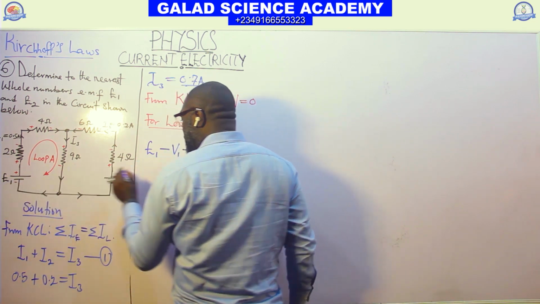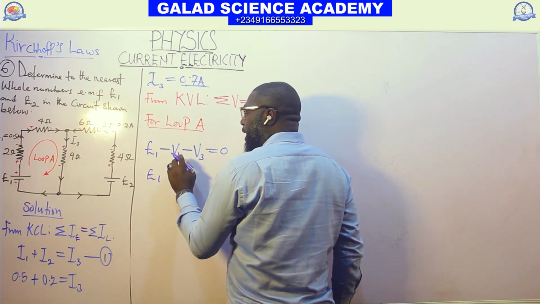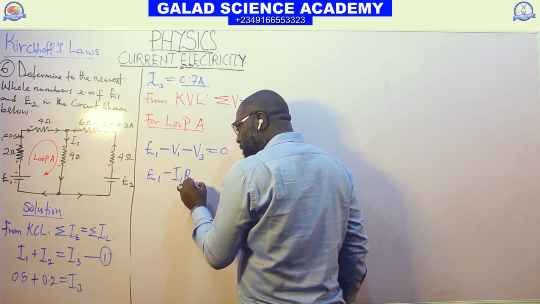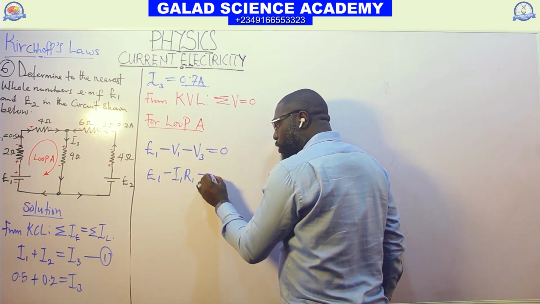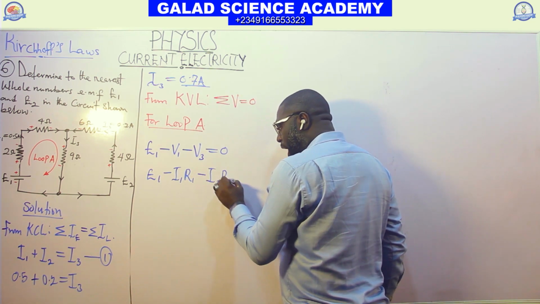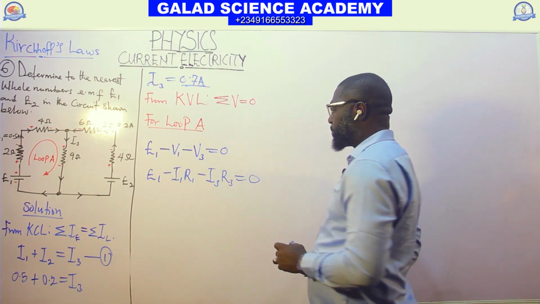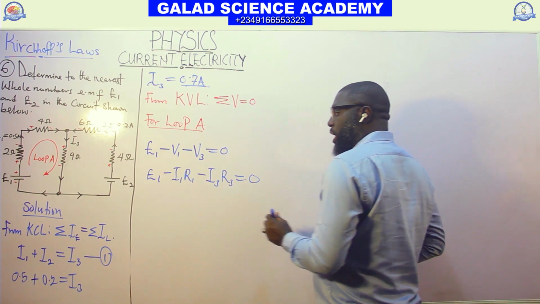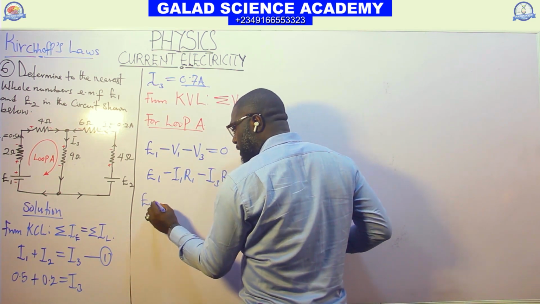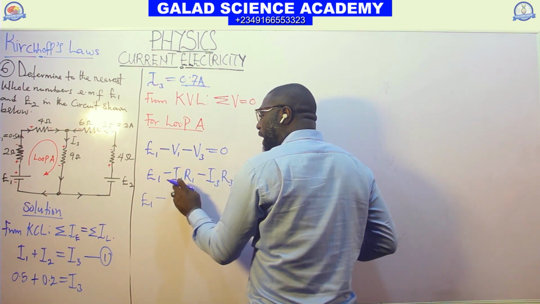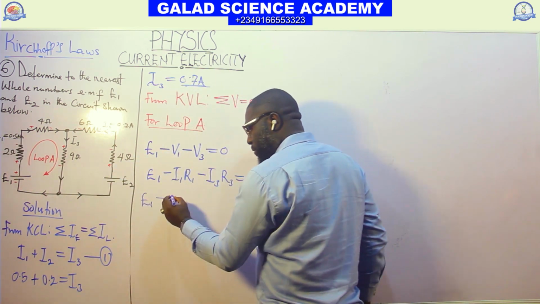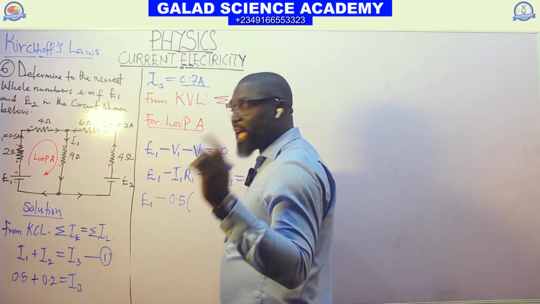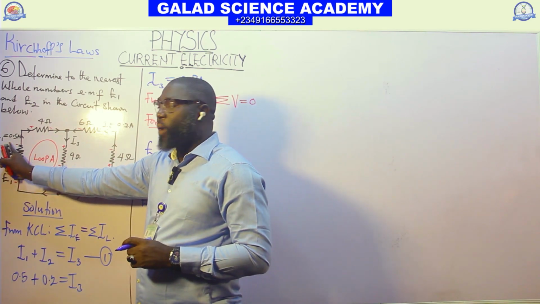So we have E1 here. This V1 should be current I1 and R1. And this will be current I3 and R3, equal to 0. But at this junction, E1 minus the current I1, given as 0.5. Don't forget again that this current I1 passes through the